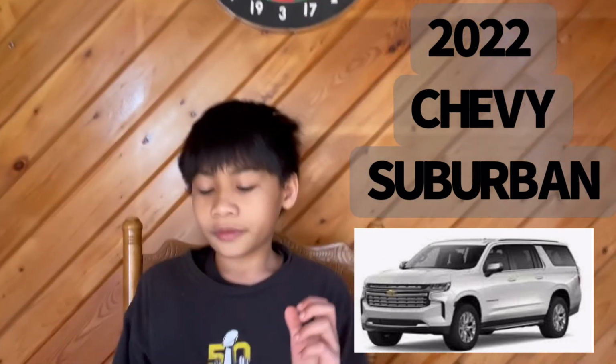And I used to think the styling of the 2022 Chevy Suburban would be overstyled, but now I think it's okay. And the 2022 Chevy Suburban has a confusing gear shifter. So the thing with the Chevy Suburban, I think where it loses to its competitors is the gear shifter. The gear shifter is very confusing, and most people won't be used to it,